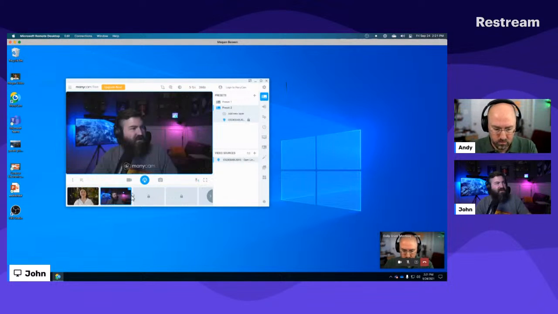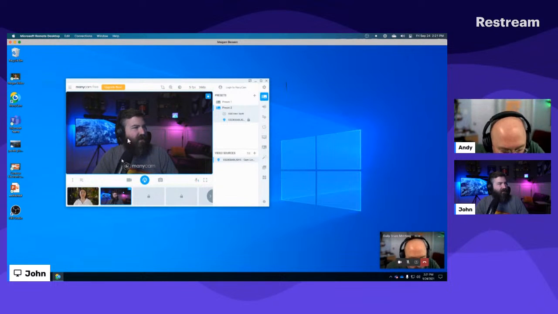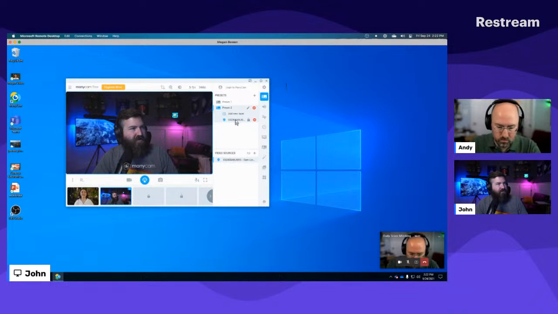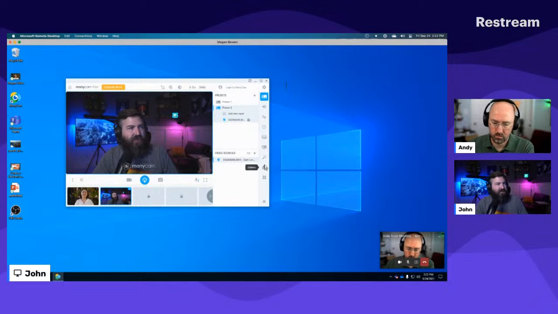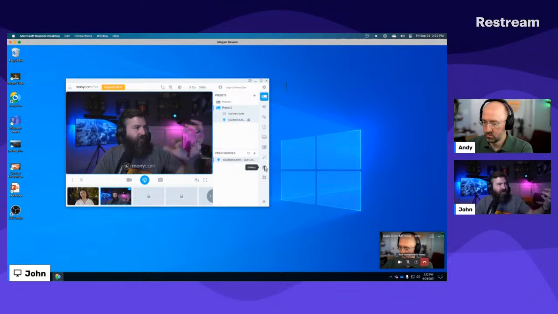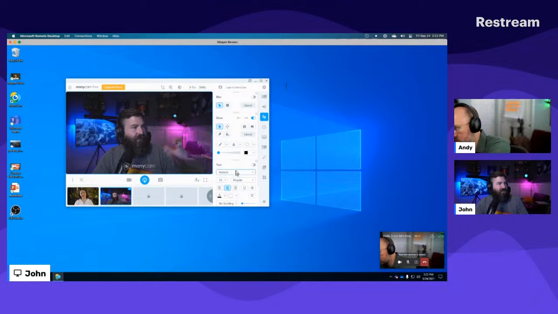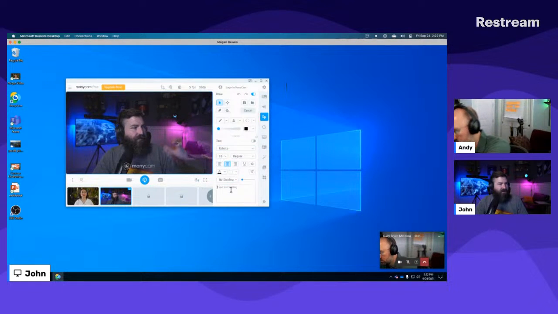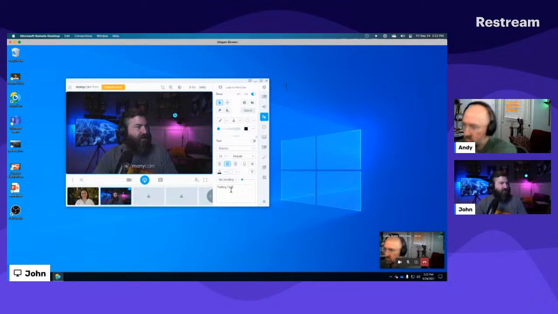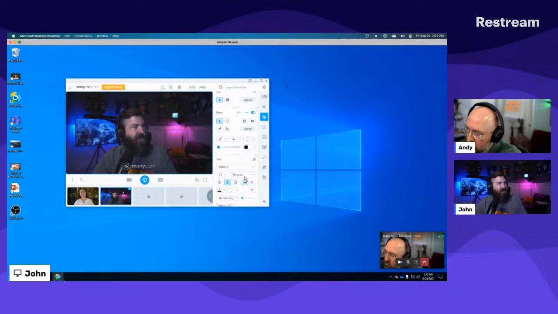It might not work because it's in use. Oh, there it is. So I've got my camera working here. It's just a USB or whatever. And then if I wanted to, I could add special effects to it. I could mirror it, flip the image around if I wanted to. If I wanted to add some text to this, then I could add like testing 1, 2, 3. And I could decide where I wanted to place that on the screen and add a lot of stuff.